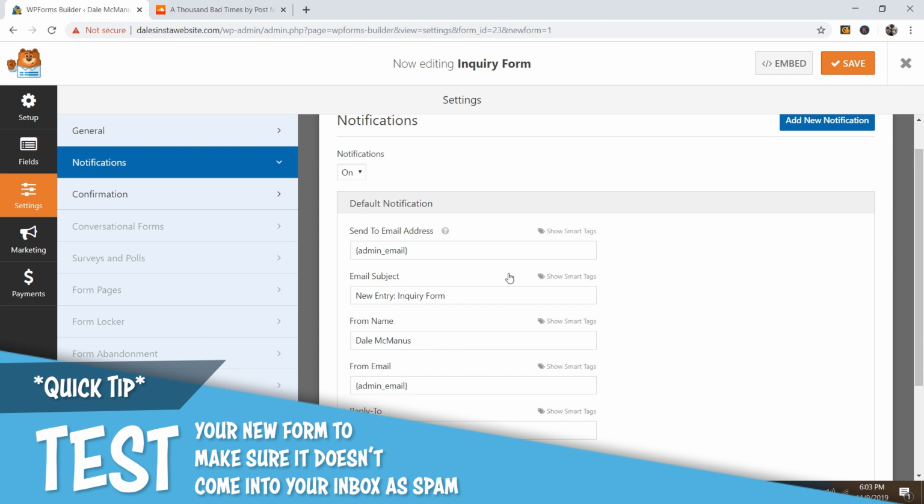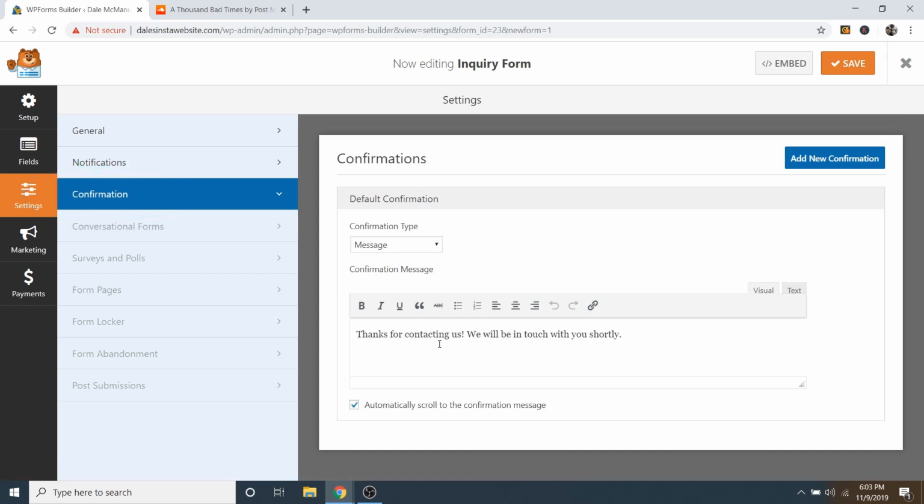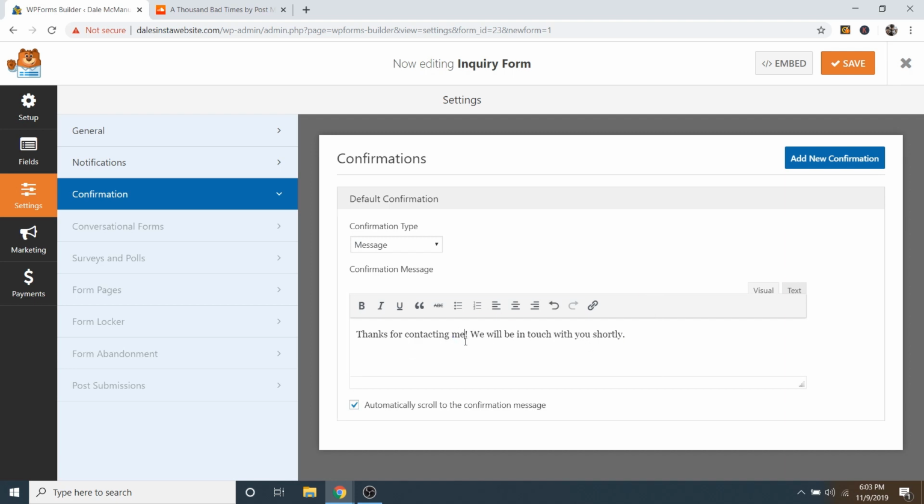Just a little quick tip. Okay, and lastly, we're gonna go over to confirmation right here. Click on that, and this is what it's gonna say once somebody actually sends you a message. So it'll say, thank you for contacting us, we'll be in touch. So we'll just say, thank you for contacting me, I will be in touch, because this is my personal page,